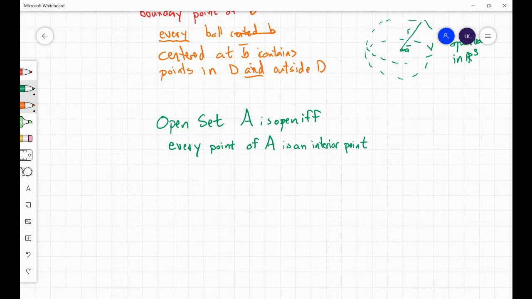Okay. And then how do we define closed set? So B is closed if and only if what is true? Like all the points are boundary points or something like that. No. A closed set could have interior points, but